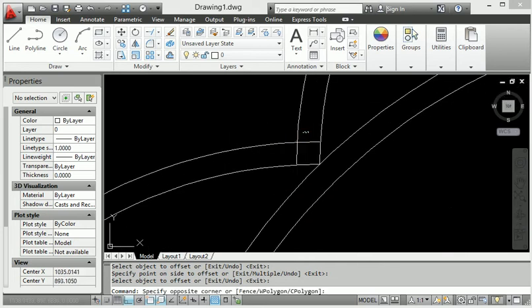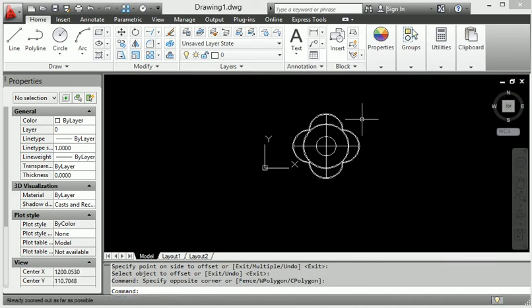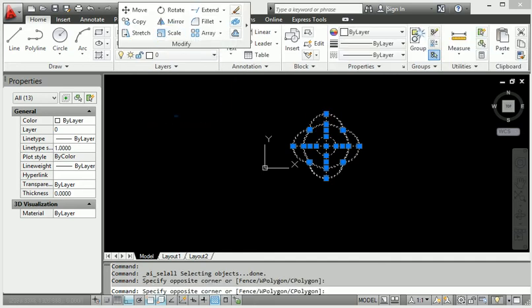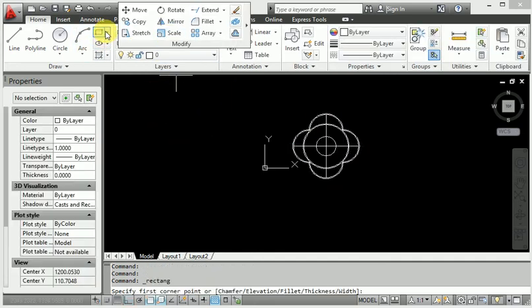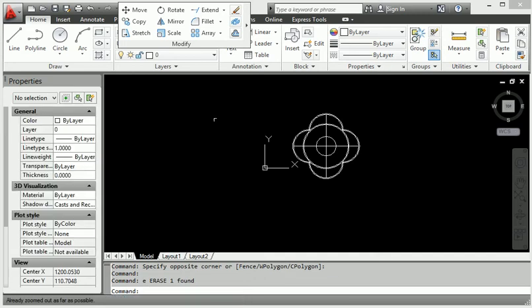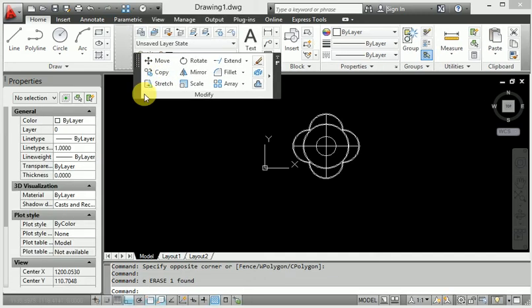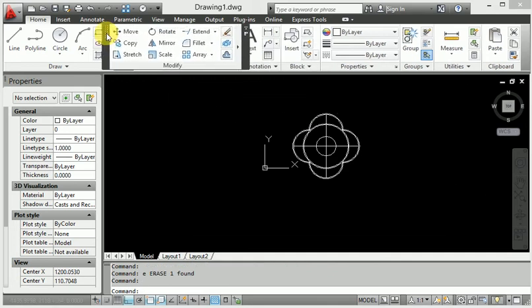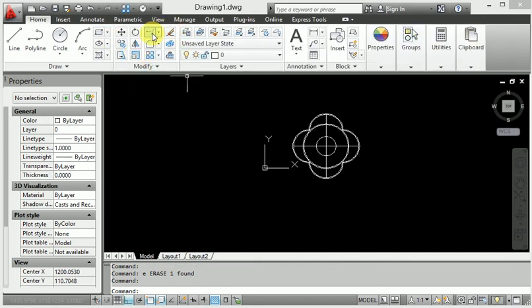When I select this whole diagram and go to trim here, this is trim, apply the trim. Here the trim, right, apply the trim.